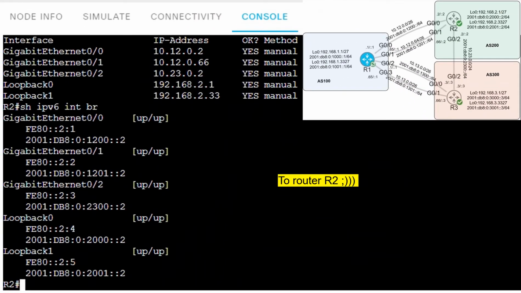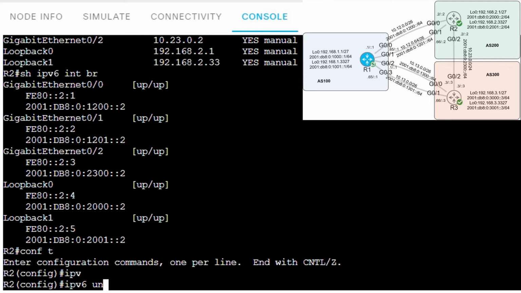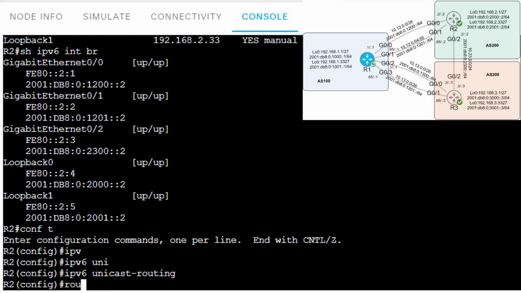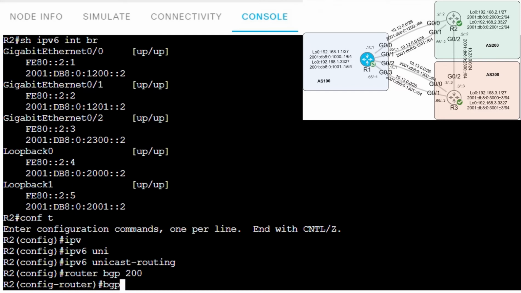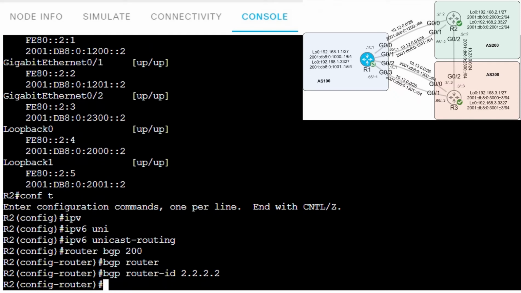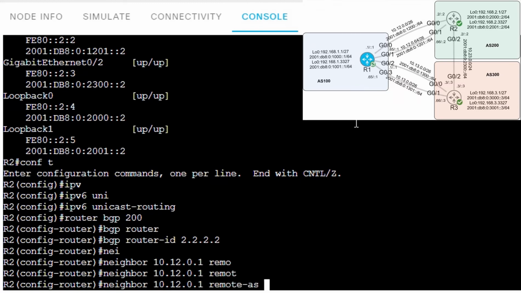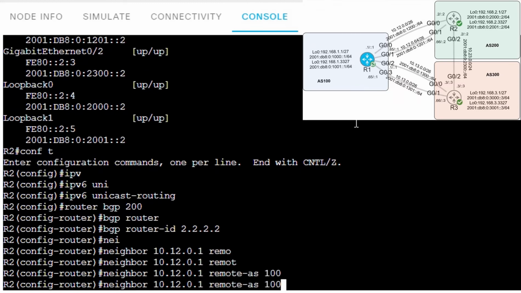Oh, sorry, R2. Conf T. Same IPv6 unicast routing, router BGP 200, BGP router ID 2.2.2.2, and then let's do our neighbors. Neighbor 10.12.0.1 remote AS 100, second 65,